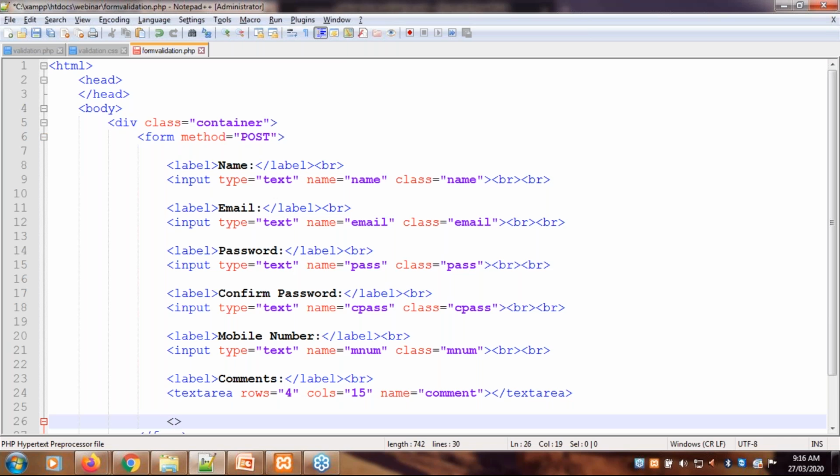And the last one, I am using input type equals to radio button to enter gender.